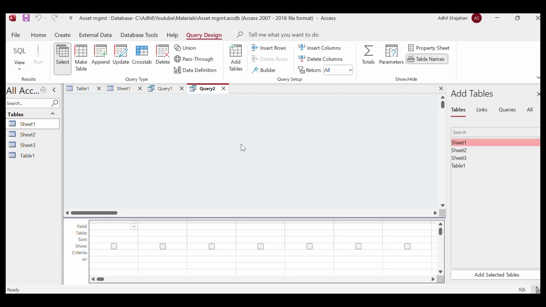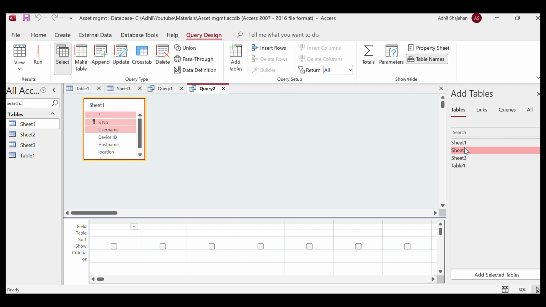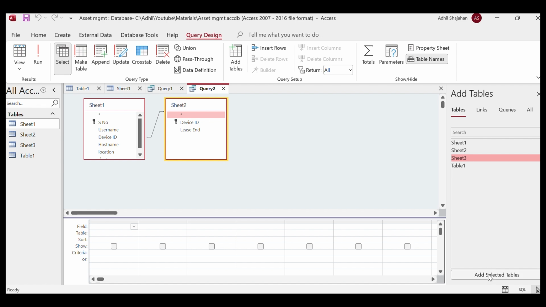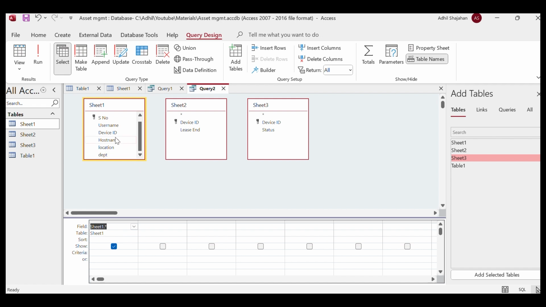So here I'm going to add all the three sheets, actually 1, 2, 3 here. Generally it has a default connection which we are going to remove. Okay, so what I'm going to do is I want all these details to be in my output, but the connection I want is from this device ID. Okay, then the lease end,